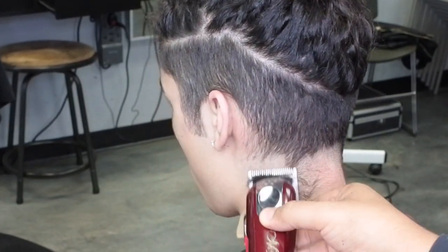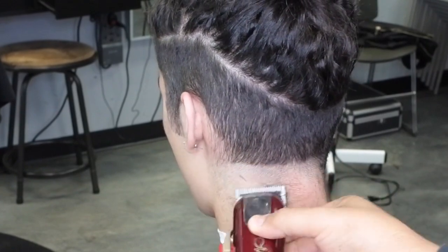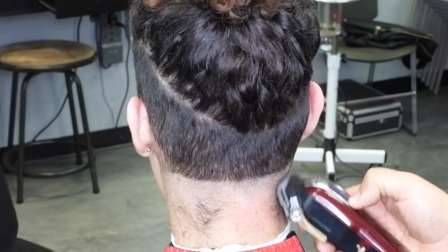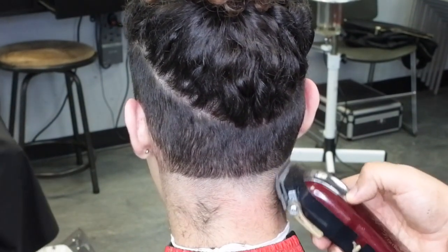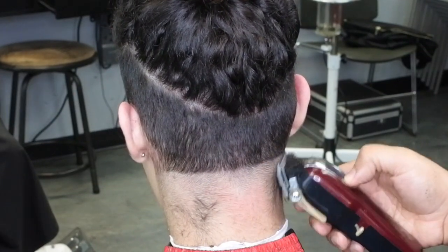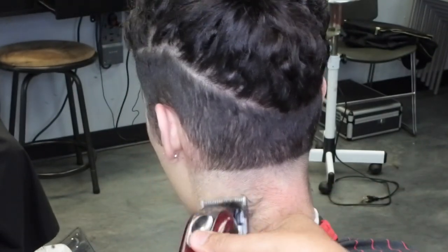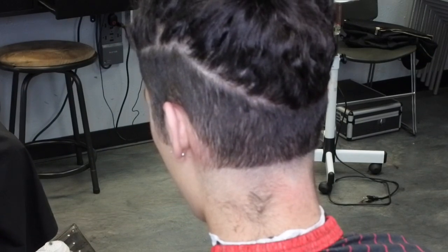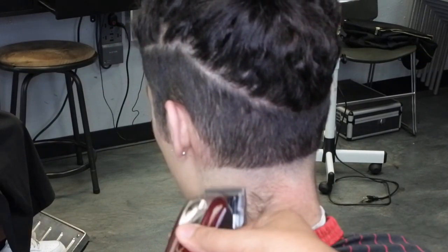Normally I would go ahead and use a trimmer or my detachable 5/aught blade to make my initial guideline and fade up. I just figured I'd try something a little different, something to hopefully make it easier for you guys to work that initial line out, or bypass working that initial line out, because this way you're not putting a hard line in, so you don't have to worry about taking it